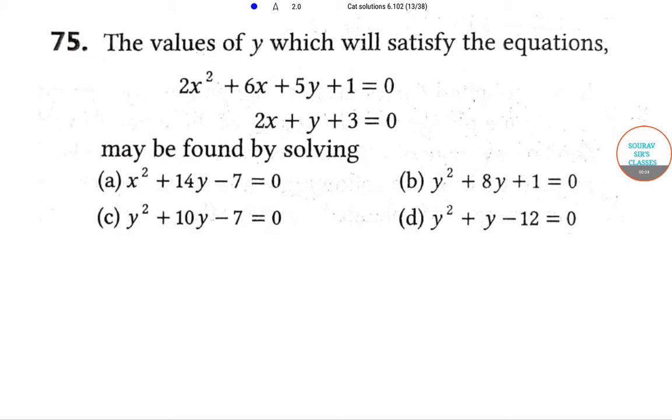The question is: the values of y which will satisfy the equations 2x squared plus 6x plus 5y plus 1 is equal to 0 and 2x plus y plus 3 is equal to 0 may be found by solving. So from this equation we get x is equal to minus (y plus 3) by 2. Now on substituting x in equation 1,